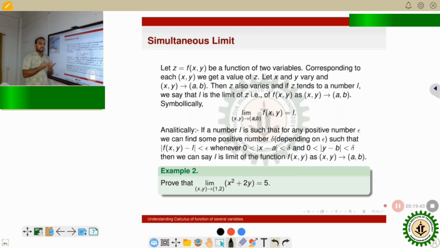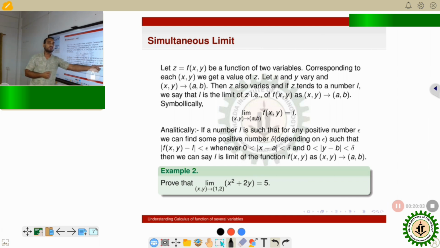So that is the basic definition of the simultaneous limit. But for mathematical notion, how do we calculate the simultaneous limit? That is the obvious question that will arise. So in mathematical notion, you can analytically calculate the simultaneous limit such that if a number L exists such that